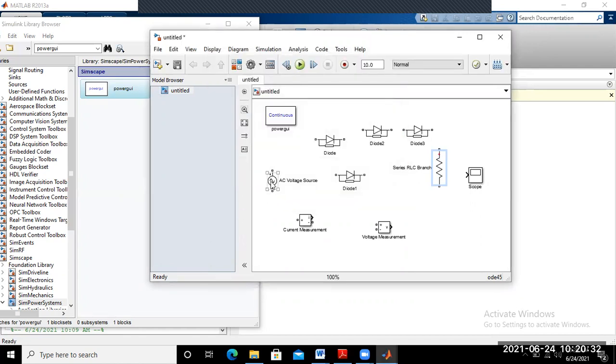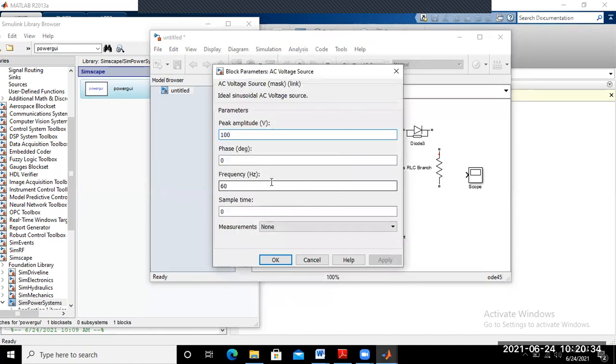So if you put here the value of peak amplitude, for a single phase supply the maximum voltage is the RMS voltage times root 2. So 230 is your RMS voltage. If you multiply by that, you may put that value, or maybe another small value.